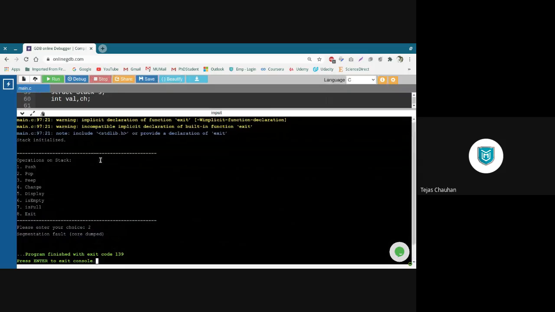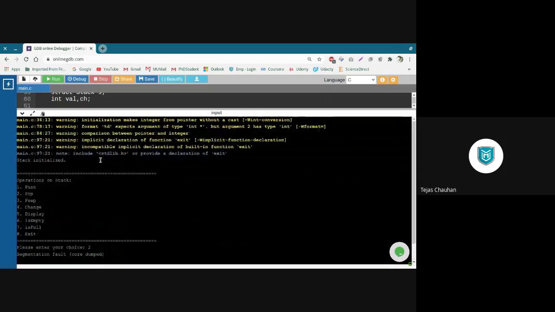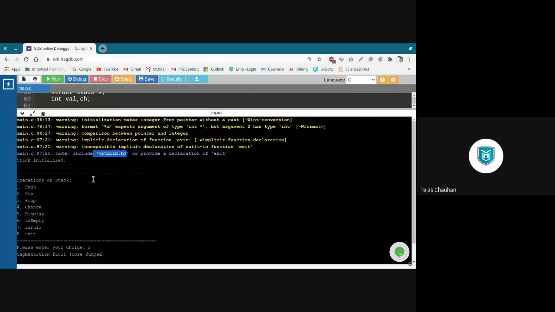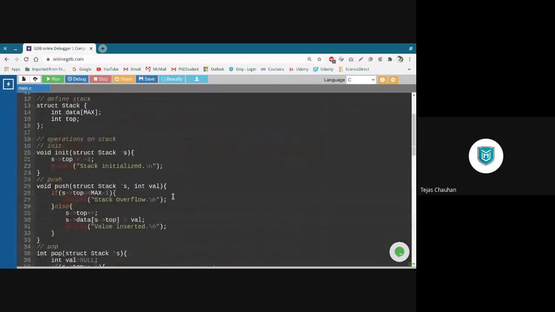And now let us have a look at it. One thing: the declaration of exit requires stdlib to be included, right? And stdlib is also needed to define the NULL pointer, right? So let me have that part here also.